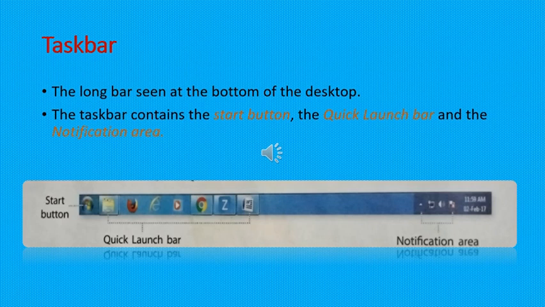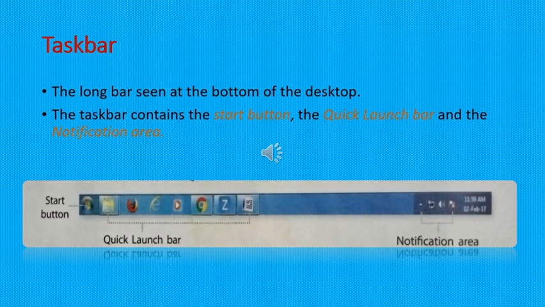The notification area shows the date and time and icons that inform about the status of background processes and computer settings. It is present at the right corner of the taskbar. The show desktop button is present at the extreme right of the taskbar, and when you click the button it minimizes all open programs and shows the desktop.